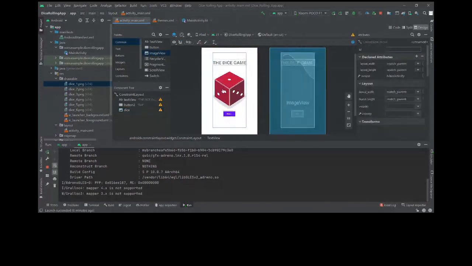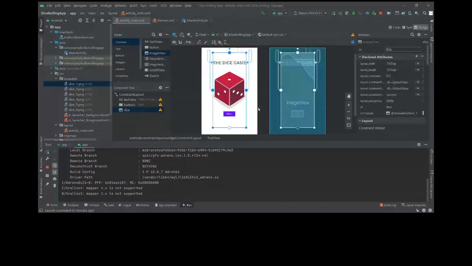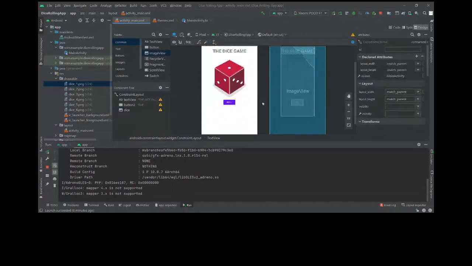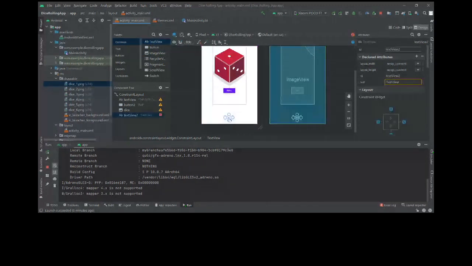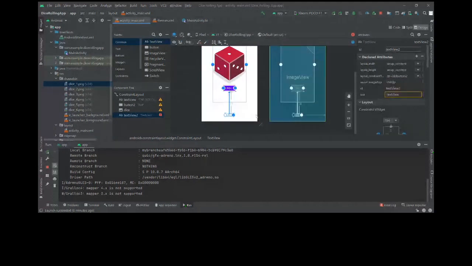Okay, so now once the image is added, what do we have to do? The image is there. Now we need a footer, just saying who created the application. For this, we will drag another text view and constrain it here. We'll drag it down and constrain it to the center.